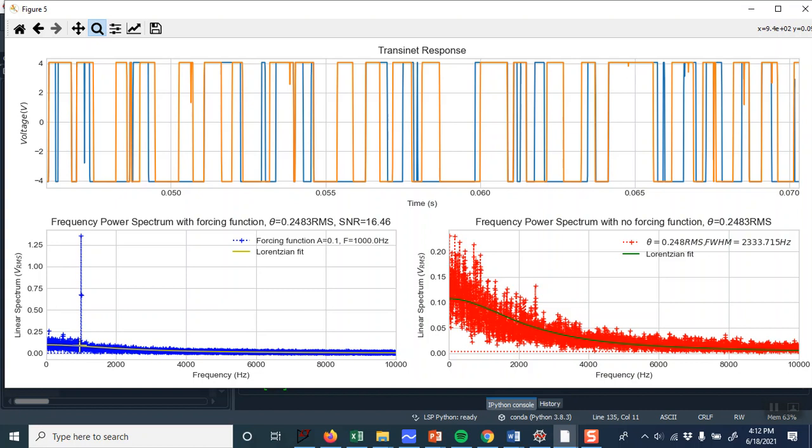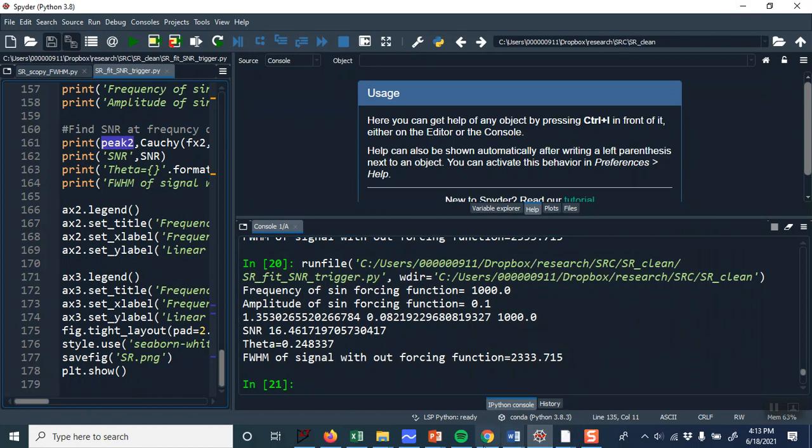value right here. We curve fit it even with that peak. That peak is only one value there, so it doesn't really affect the Lorentzian curve that much, right? And we get a signal to noise ratio of 16.46. Our peak here is 1.25, which